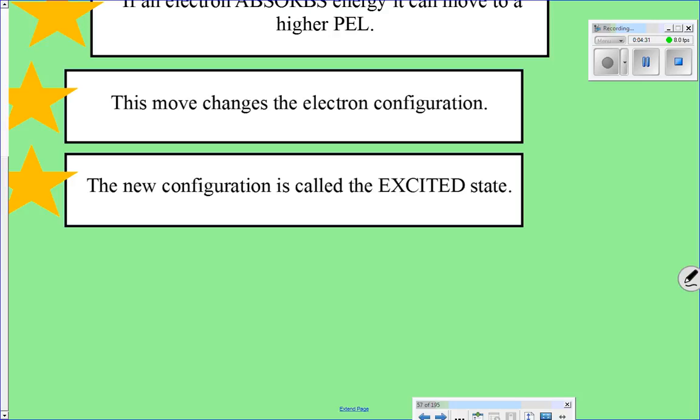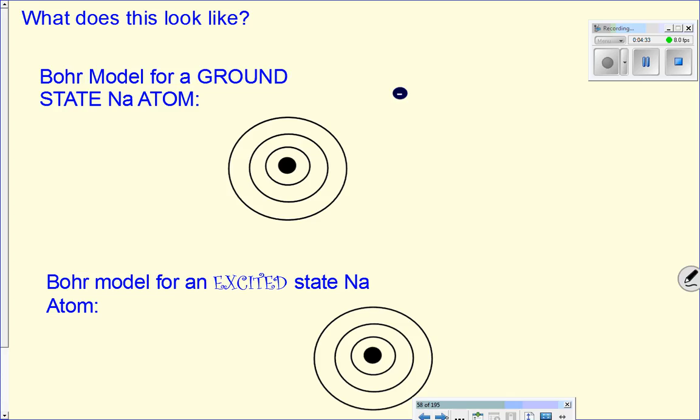So we'll draw some Bohr diagrams to see what this looks like. If we wanted to start with sodium, okay? Sodium is a great example, a nice simple 2-8-1 configuration. That's the configuration on the periodic table. It's a ground state configuration. So I'm going to make some little electrons here the lazy way. 1, 2, 1, 2, 3, 4, 5, 6, 7, 8,